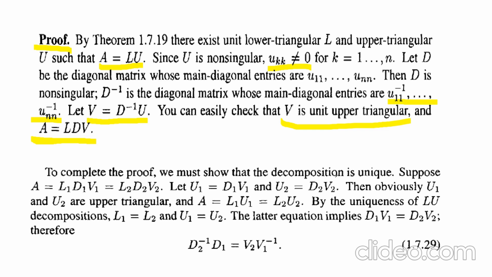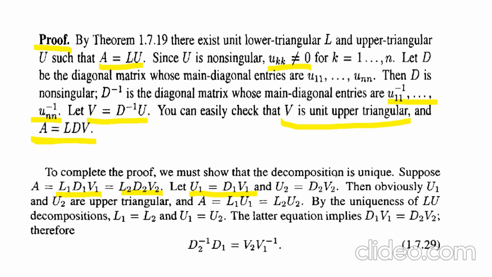Suppose A can be decomposed in two such forms. A is equal to L1 D1 V1, and A is also equal to L2 D2 V2. Let us discuss U1. First, A is equal to L1 D1 V1, then U1 is equal to D1 V1,